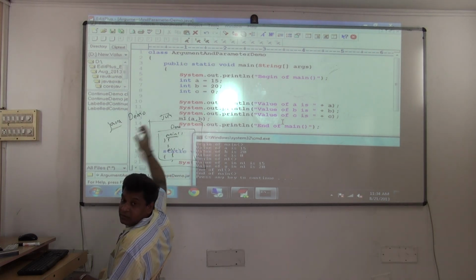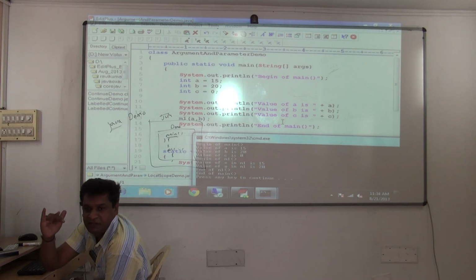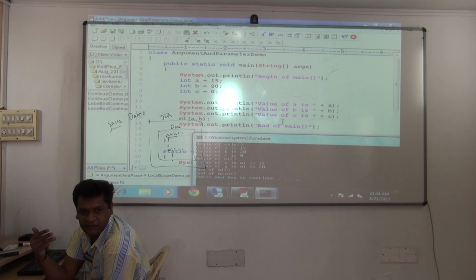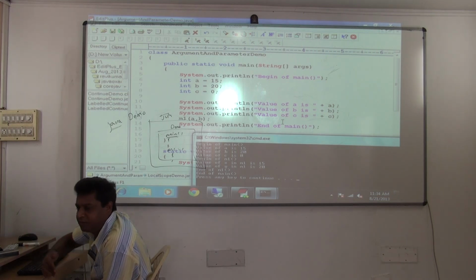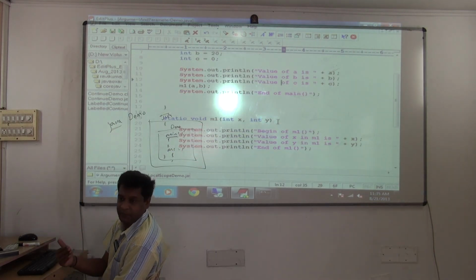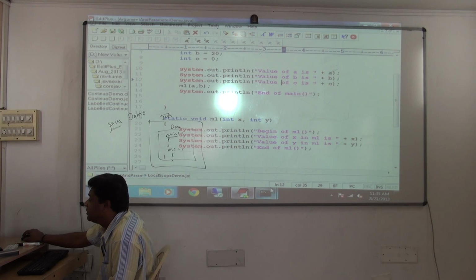Yes or no? A stack will build. One method is sitting on top of another method in the stack now. That is technical. Okay, don't bother much, but I'll tell you. So M1 is sitting on top of the main method. That's a different scope. Okay. So the main method started and now